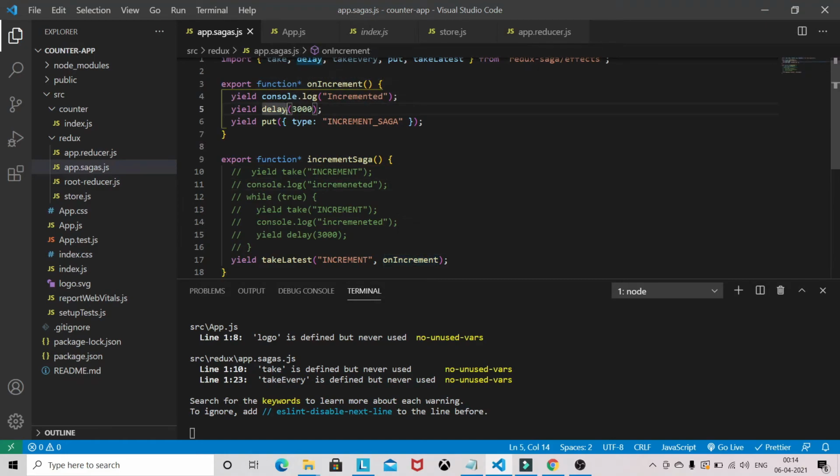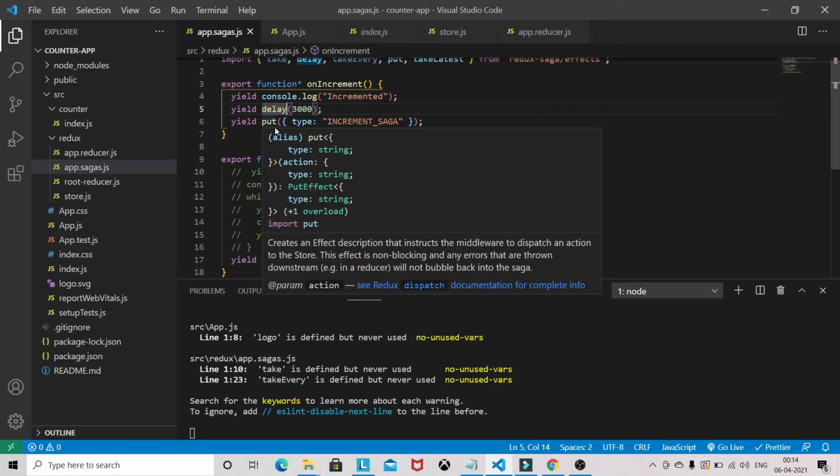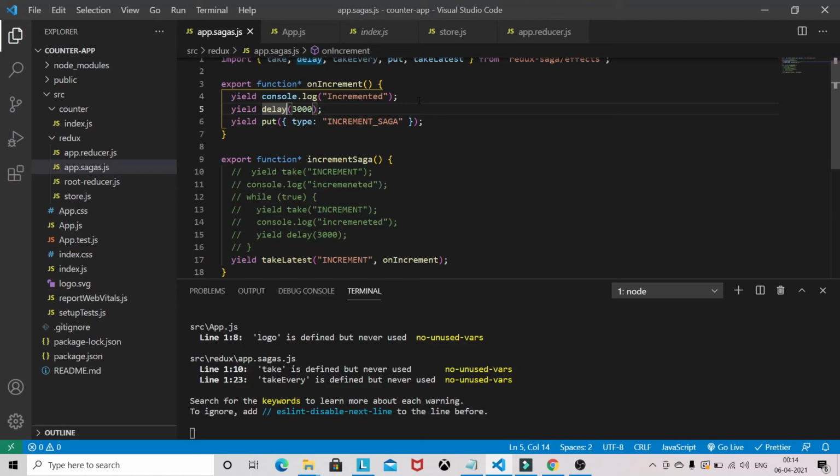Here our generator function got stuck for 3000 milliseconds, so we are yielding control back to the Saga middleware so that it can cancel any ongoing saga if it wants to. This is exactly what happens when we use takeLatest. So overall, Redux Saga cancels every previous saga that was generated except for the latest one.